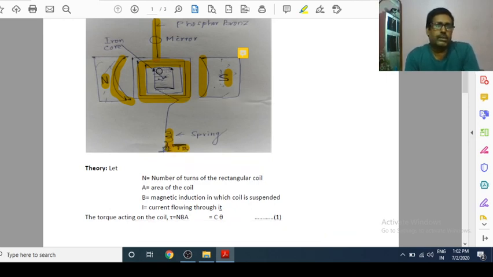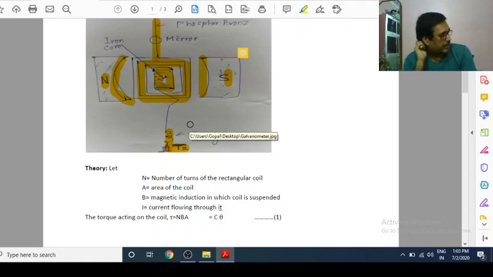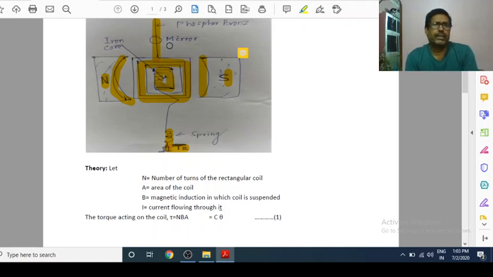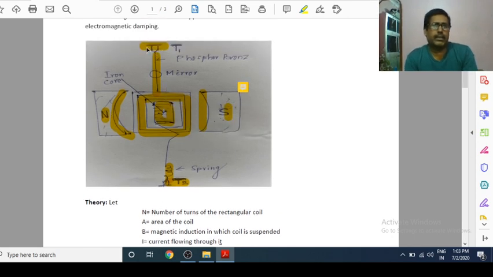Now you can see this cylindrical part. It is an iron core. It has two purposes. First, it concentrates the magnetic field lines inside the coil, and second, it makes the magnetic field radial. This is about the construction of the galvanometer. So the main parts are the coil, suspension wire, two pole pieces, and the current which is passed, connected between the terminals